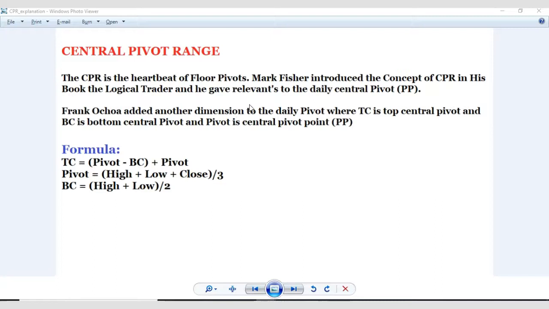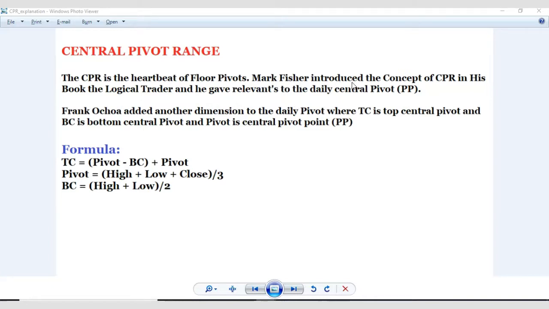But central pivot range will give you much more information, saying that you should not enter here, you need to enter here, you need to wait for these levels to bounce back. Now the market might take a new direction. That's what this central pivot range will let you know, if you have patience. If you don't have patience, even this CPR can't do anything.